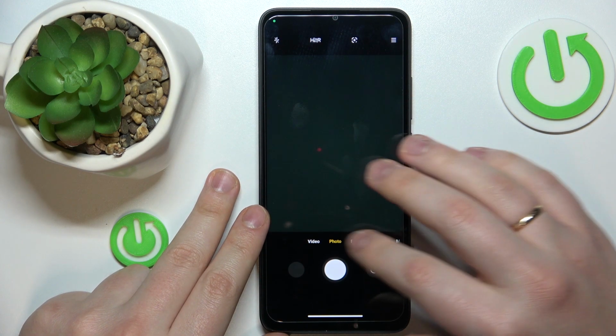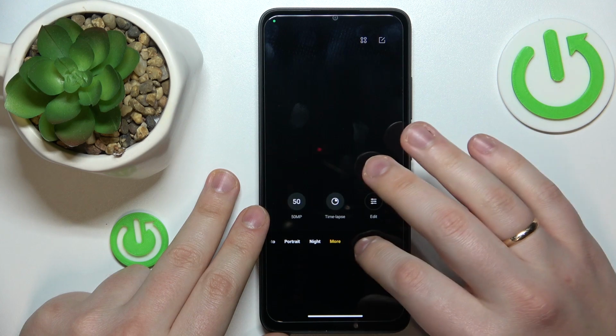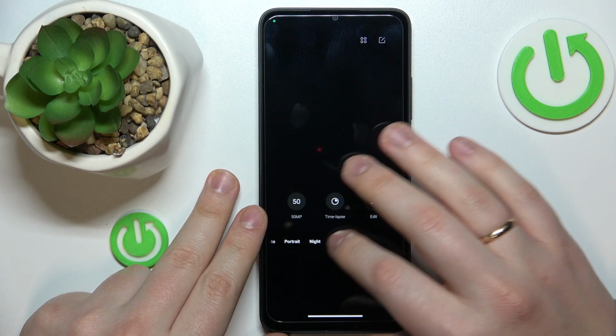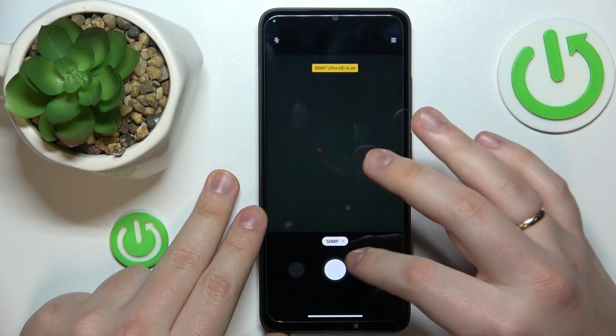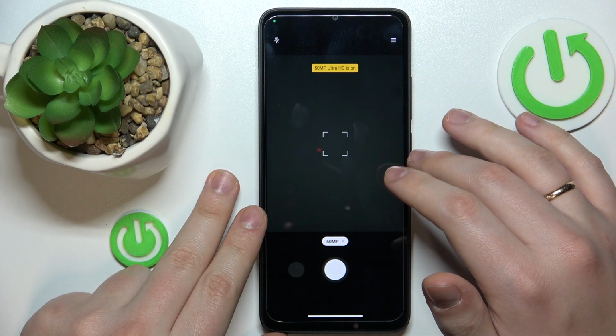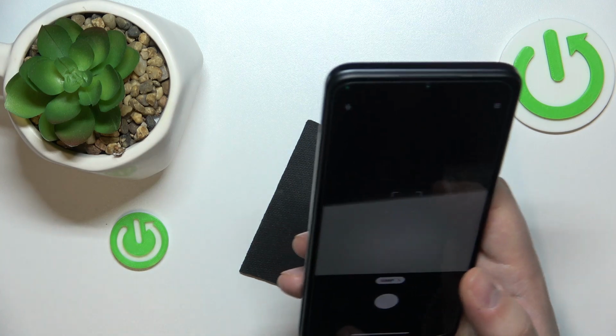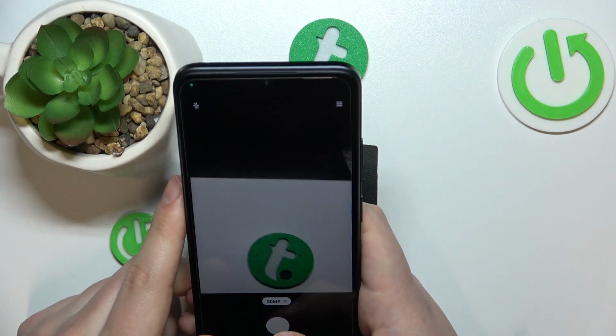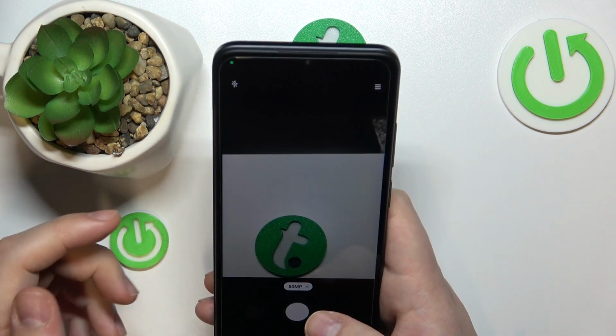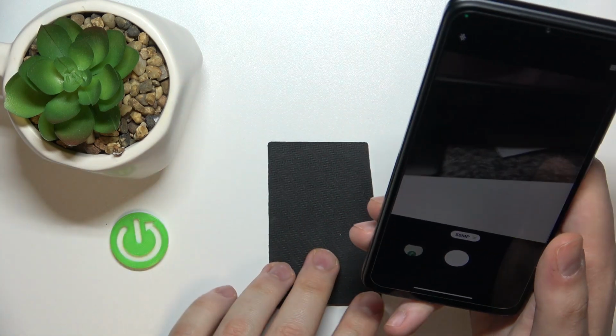you are going to take, you gotta simply scroll this list of modes all the way to the left, enter the more section and choose the 50MP mode, which basically stands for 50 megapixels. And now once you will take any photos, you will have increased resolution or definition, improved camera quality or photo